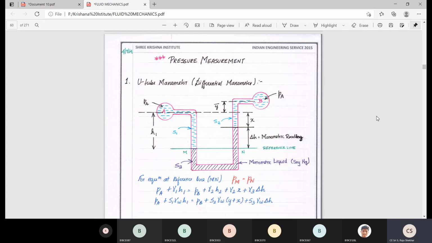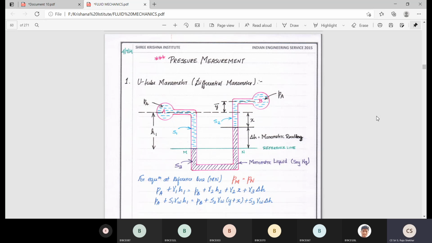The spring will again transfer it to the dial gauge. So here one dial gauge will represent the pressure in that pipe. So that is gauges. For measuring pressure, we'll also use some simple devices, that is